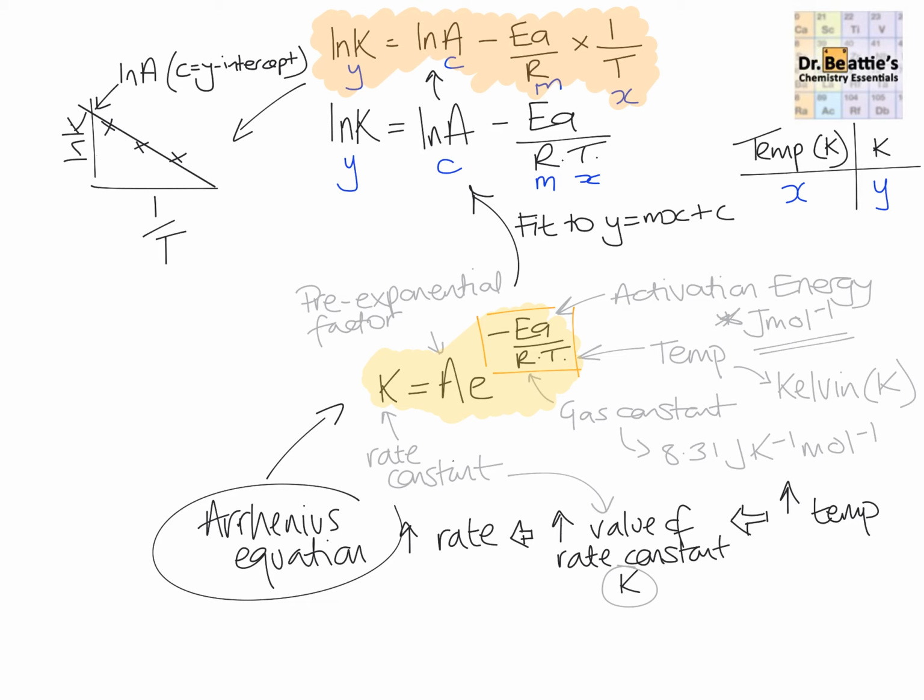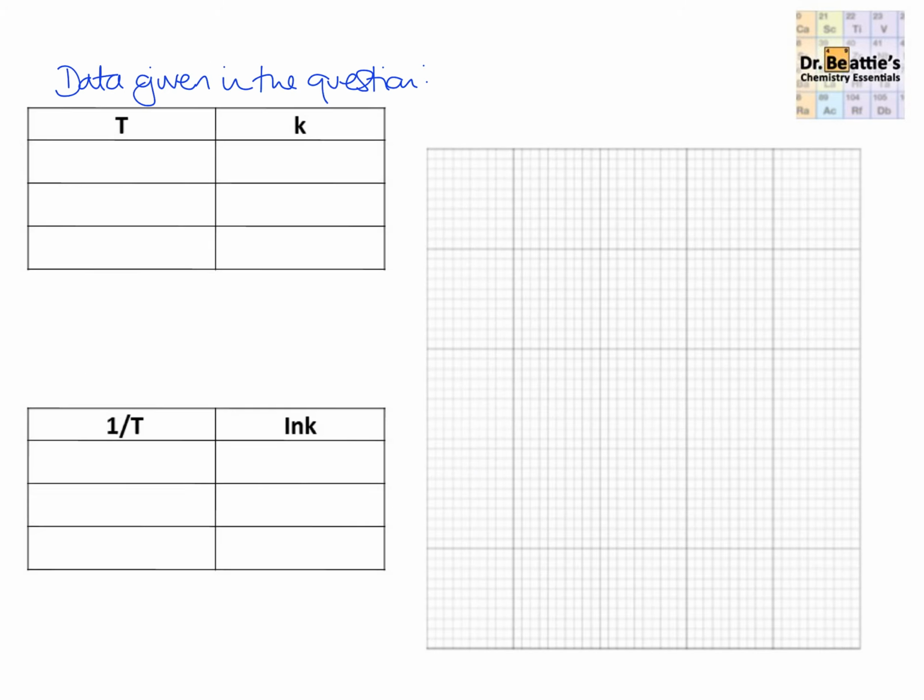And then also, if we were to take the gradient of this straight line, then this gives us our minus EA over R, because this is our gradient M. So we're going to start to look at how we basically get to this point here and what we can do from there. Okay, so in a typical question, you'll be given the data in temperature and the rate